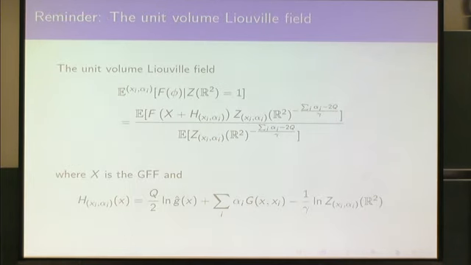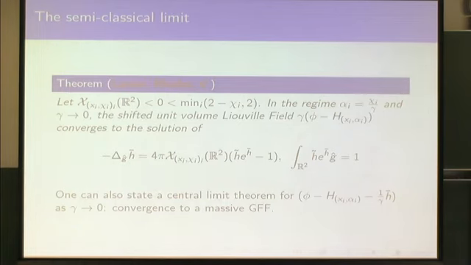So the kind of things that we can prove are the following. Recall that I have my unit volume Liouville measure on the sphere, or I can look at the unit volume Liouville field, which is going to be the free field plus these terms here under this probability measure. And what we can prove in this context is that, well, right now we're still a bit stuck here, but if we have this condition on my Euler characteristic in this regime here, well, the Liouville field as gamma goes to 0, gamma times the Liouville field minus the non-regular part, converges in probability to the unique solution of